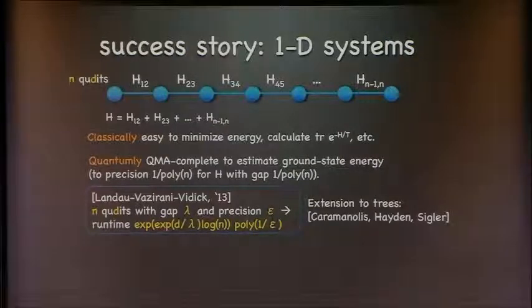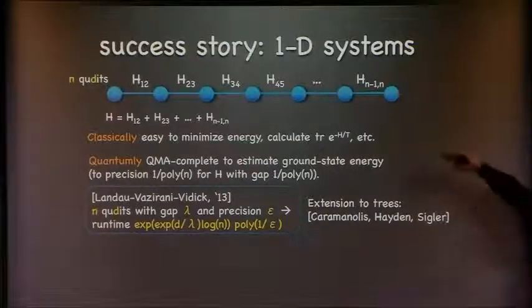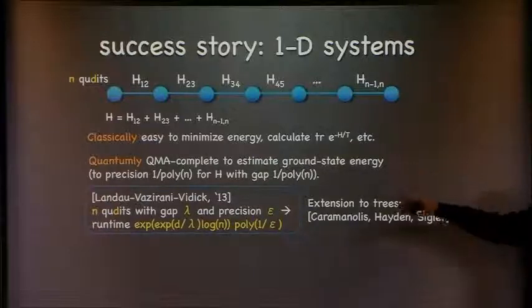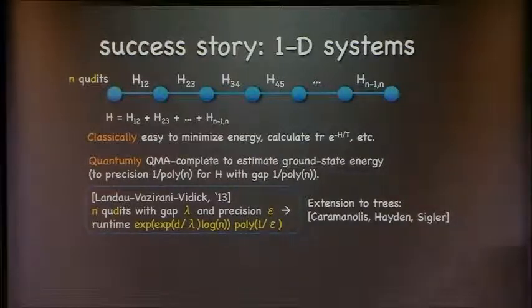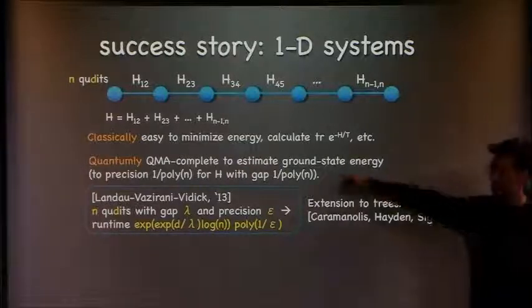If qubits are in a line, and lines are kind of like trees, and Patrick and 2 of his students found, I guess, in unpublished work that this also can be done for trees. And here too we have an example of something where the problem really could be hard. It really is QMA complete, so it could contain a lot of complexity. But by looking at the structure of the problem, we found the parameter that parameterizes the complexity. And in this case, it happens to be the gap.